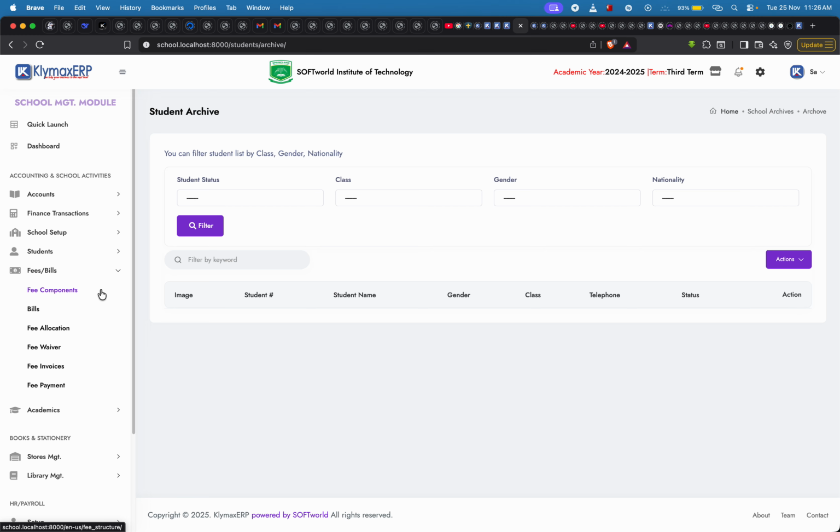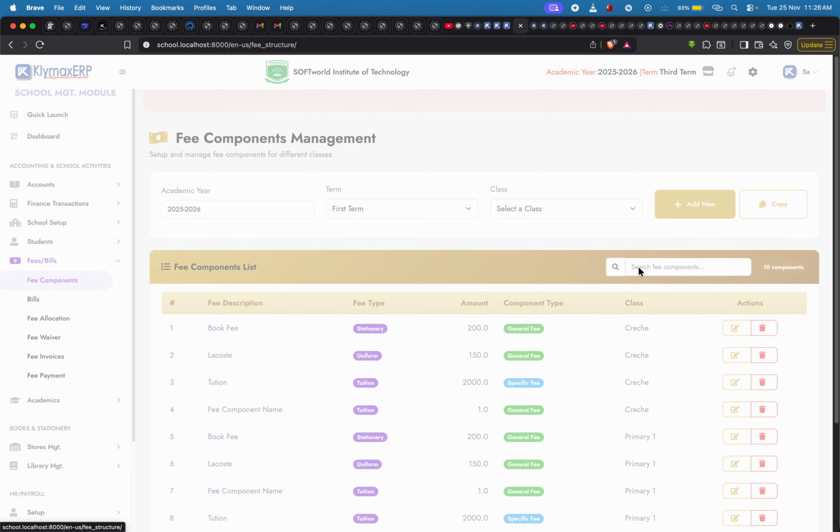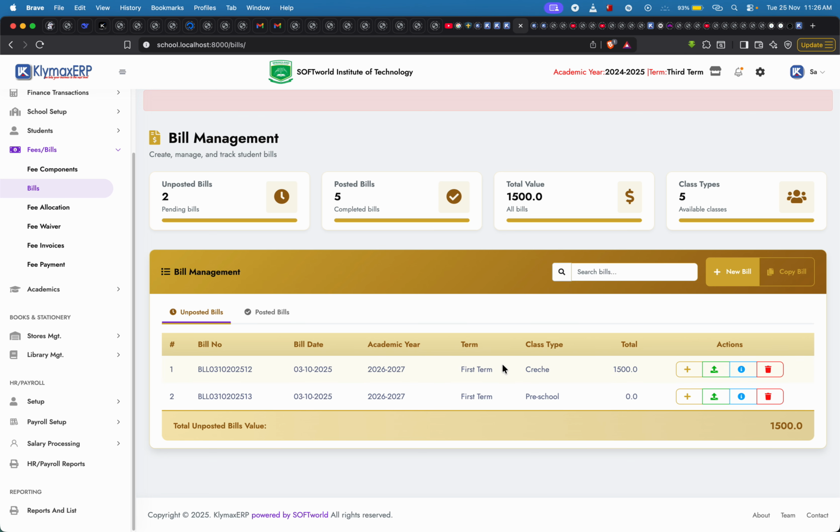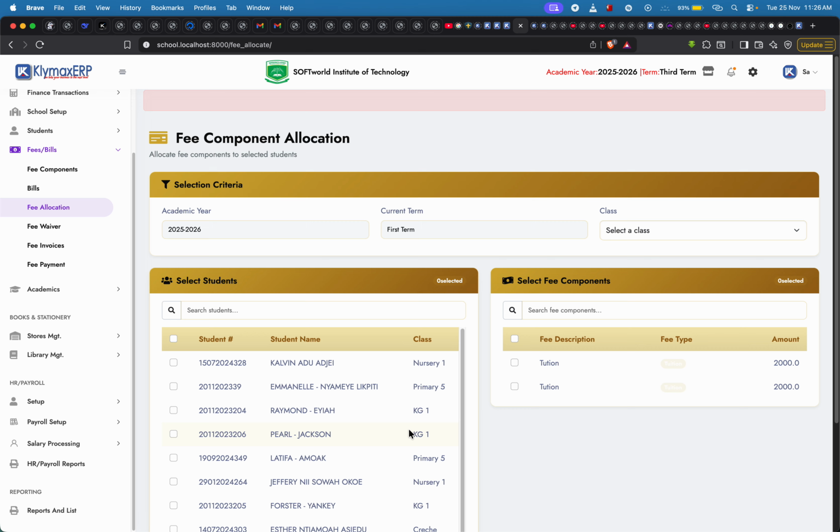This is where you can create bills for students. So we have components. That is the components that make up your bill: book fee, course, tuition, and so on. All these things will make up the bills. And then over here you prepare your bills for each student, for each class of students. You allocate the bills. That is, you append the bills to each